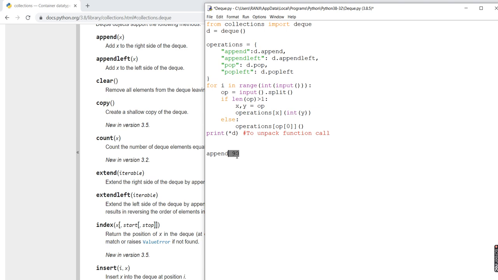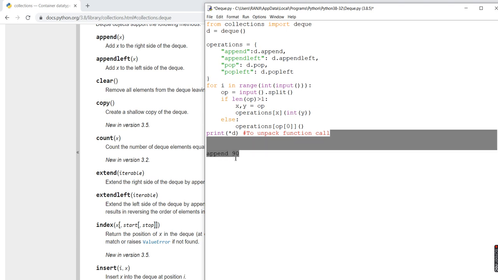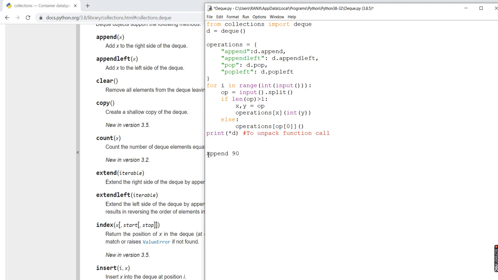When the interpreter sees this, it is split by a white space, that's why it is a dot split. It will be split by the white space which is present, and then it will count the length of this. Currently the length is 2. Now this is considered as a list and goes in OP.